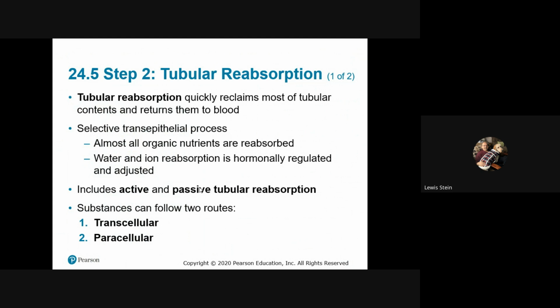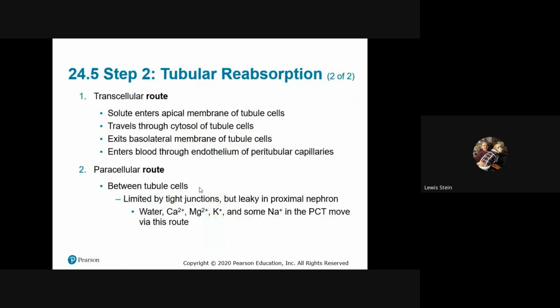There's a tremendous amount of resorption, and a lot of it is active. For instance, we use sodium so much. Sodium will be pulled back, and at the same time, it will co-transport glucose. So we see not only primary active transport, but in this case, you have the secondary active transport that goes along,